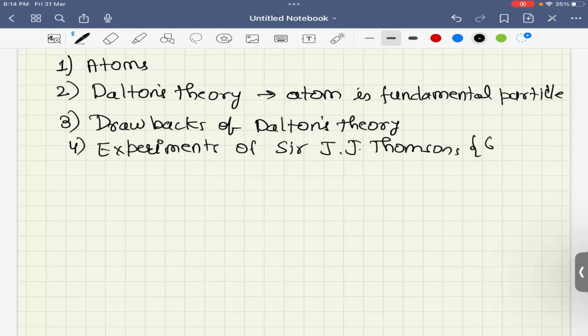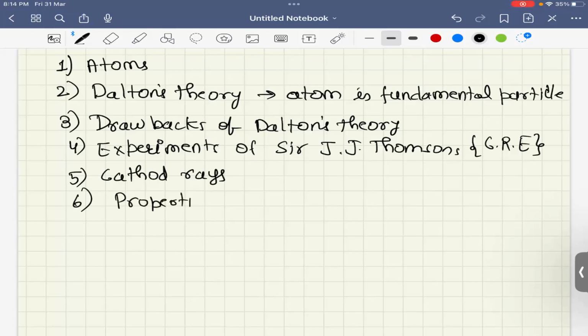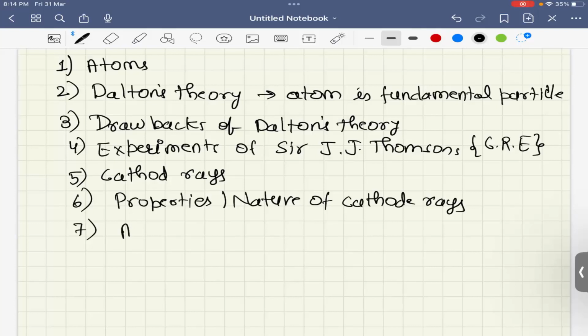These are also called cathode ray experiments, right? Then we learned about these experiments, about cathode rays, and then we understood their properties or nature. Then we learned that atom is not the fundamental particle, but atom can be broken into subatomic particles, and the negatively charged particle, which constitutes cathode rays, is what we termed as electron,